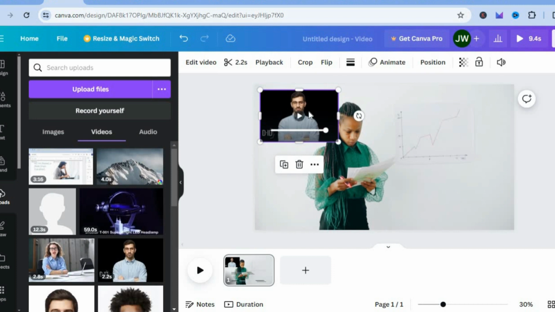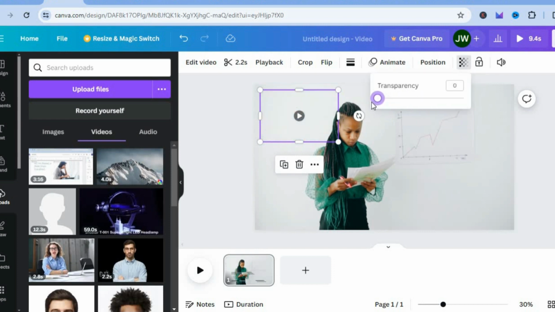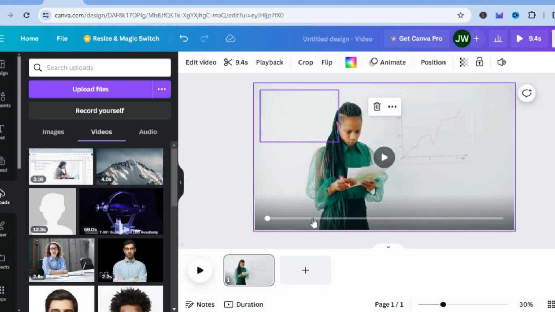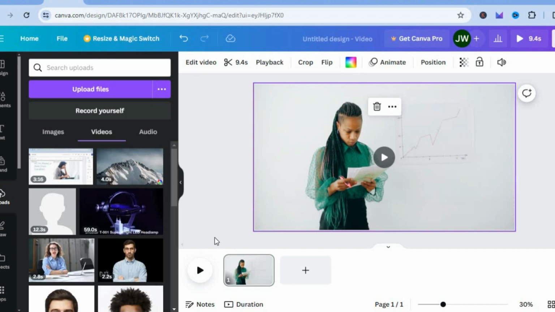After you have done that, you're going to go over to the top right-hand corner and tap on transparency, and you're going to carry the transparency to 0. After you have done that, if we were to tap on play right now, you can see that it is now invisible right there. And we have now taken the audio from the second video and added it to the first video. For example,